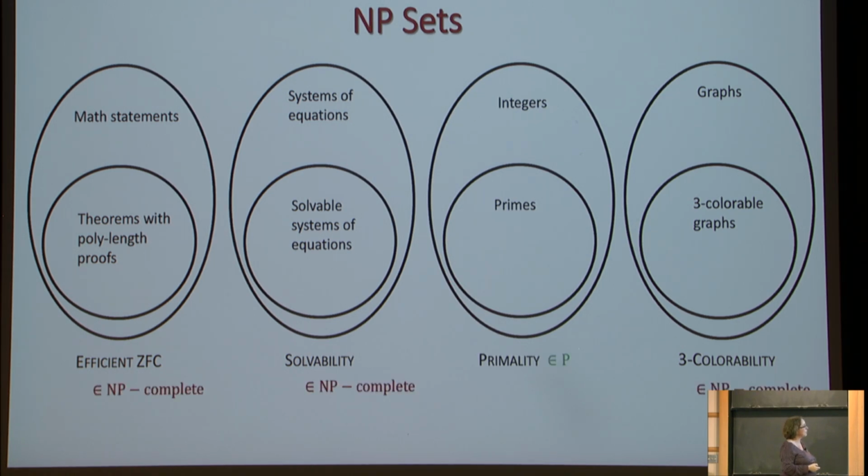This is a bit different from the other ones, because the other ones are all NP complete, and this one is actually in P. So the fact that all these are NP complete means that you can translate from one to another. So if you, for example, want to prove some theorem like the Riemann hypothesis, and suppose you believe there is a proof that goes in under 1,000 pages, then you write the appropriate statement in a formal way. You get a statement and the proof you expect it to be 1,000 pages,